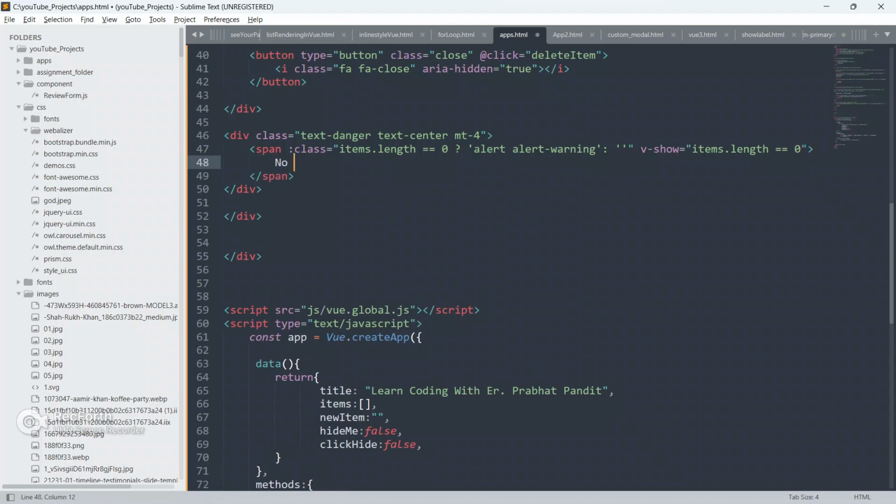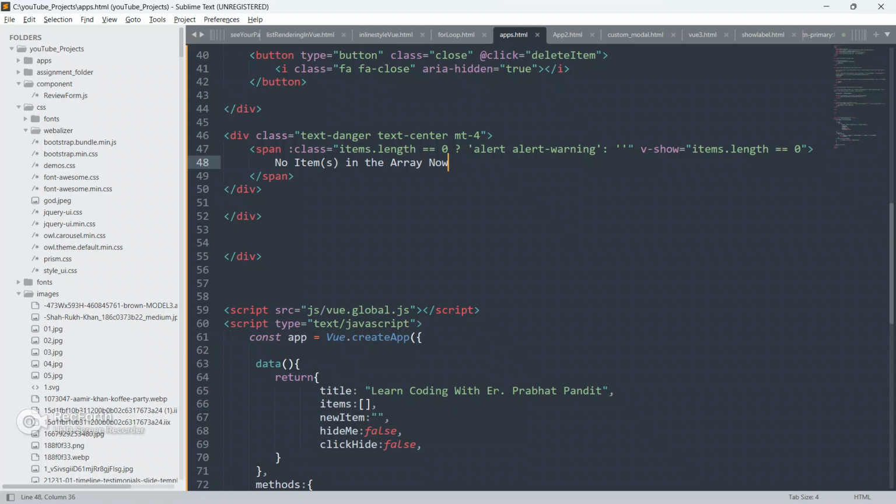So now we will put some text: no items in the array now.